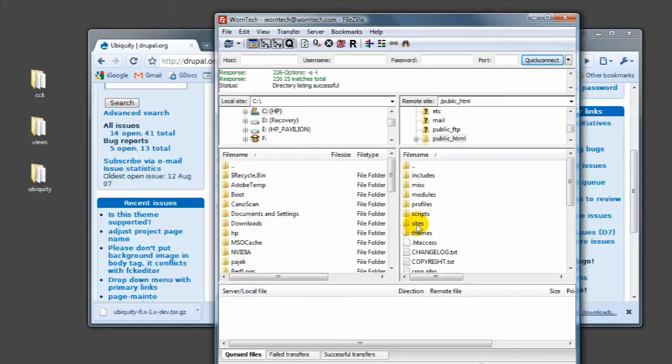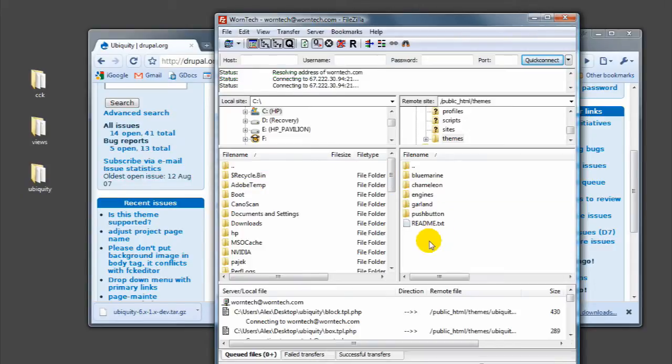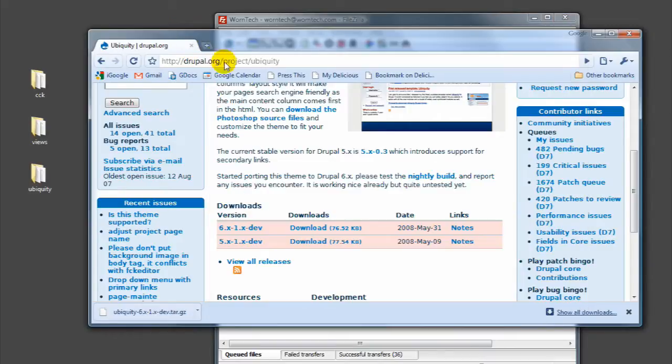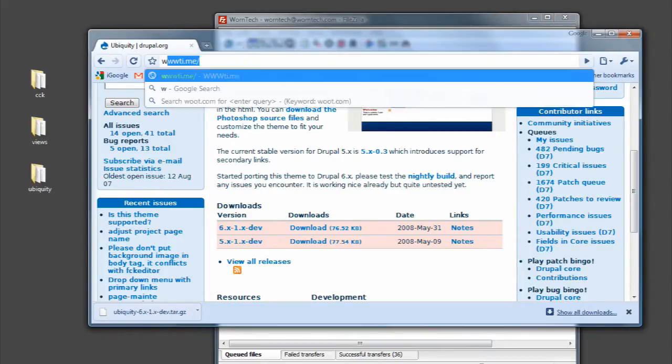And I'm going to go to themes, obviously, because this is a theme, and those are the themes that come as part of the default download of Drupal. And so I'm going to go ahead and bring in one more of these, Ubiquity. And this won't take forever to upload because there's just not that many files there, a total of 36. So now we can go back to our site